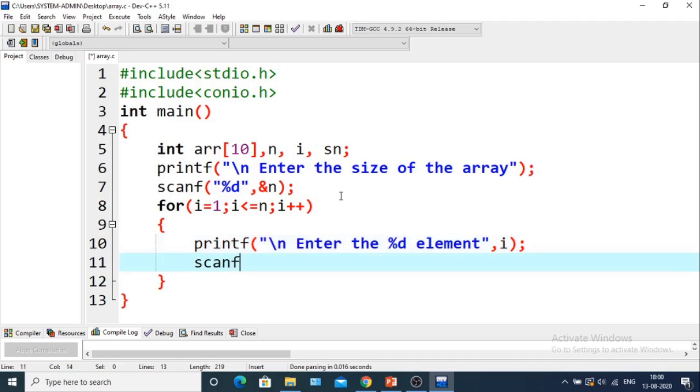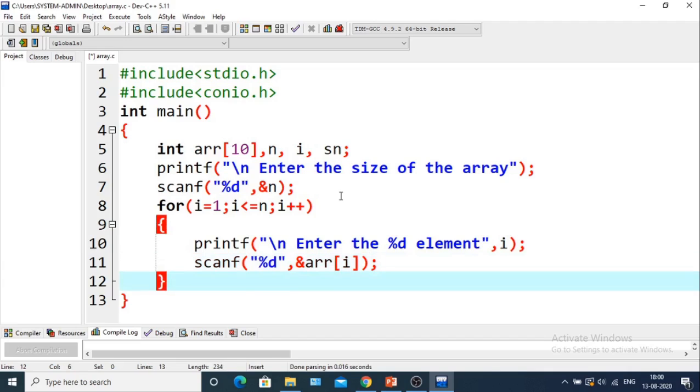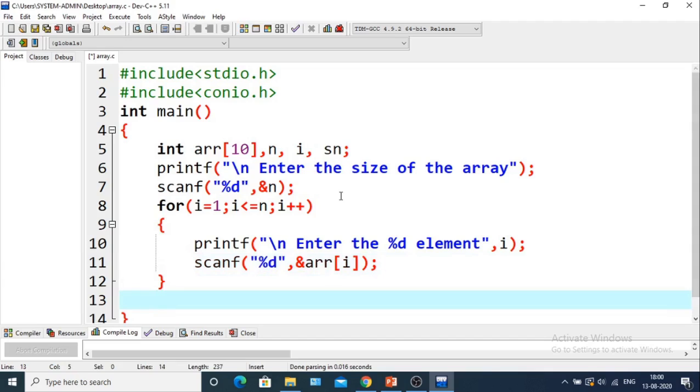So here we'll take the scanf statement, scanf percent d comma ampersand arr i. So all the values of the array have been taken. Now we'll take the element which we want to search in the array.